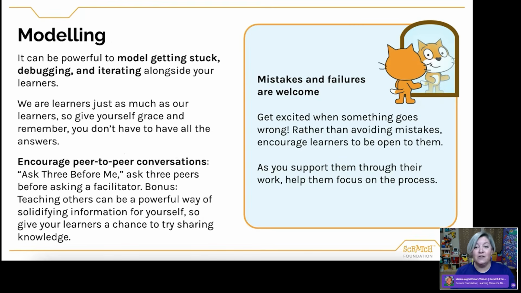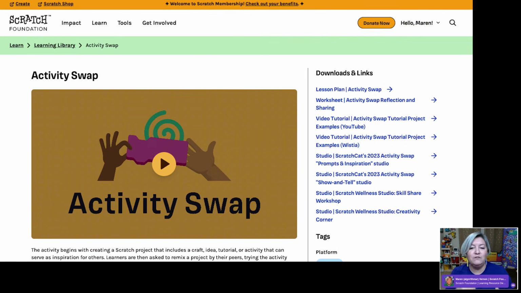So, if you are looking for something to do with your students on Scratch, maybe you have students that have a lot of experience and you're feeling like, "Oh, I don't have an activity that's challenging them." This could be a really fun idea, and you can find a lesson plan about that activity swap activity in our learning library. So if you were curious how we set it up and a bunch of different example projects that we've provided that we thought were really great, if you go to our learning library, which I will share links to throughout this presentation and at the end, check out that activity swap activity. It's another example of teaching others the things that you know and tips and tricks.